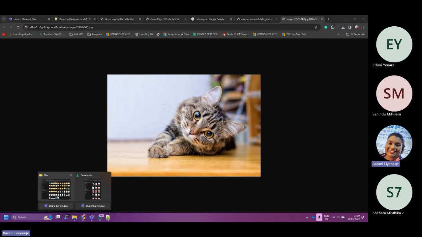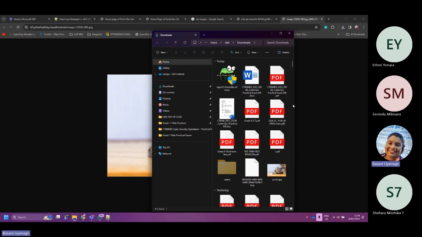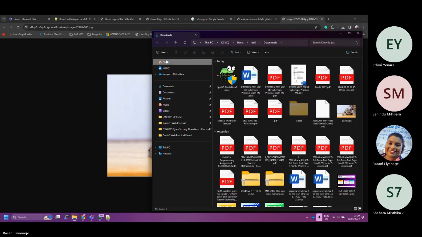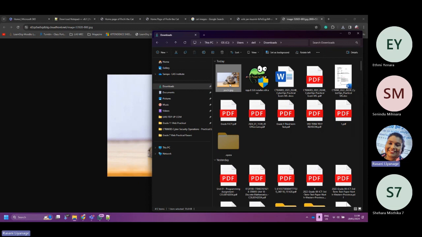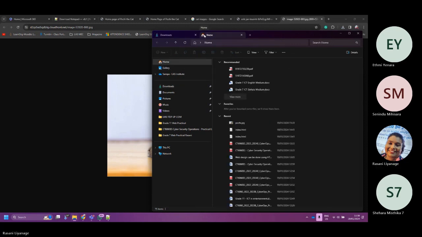So, son, this is pretty important. This is the image, Pochi. Okay, copy it, either with Control C or right click copy. Now go to the place where your folder is.